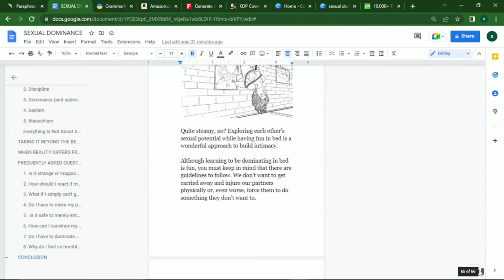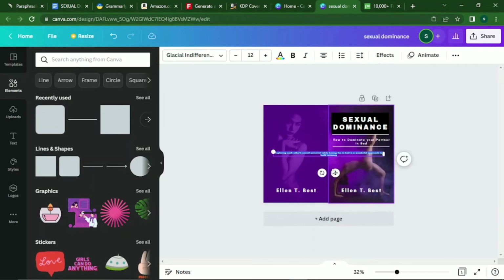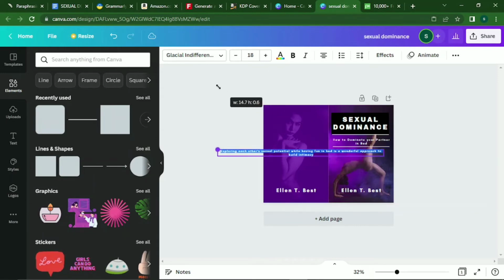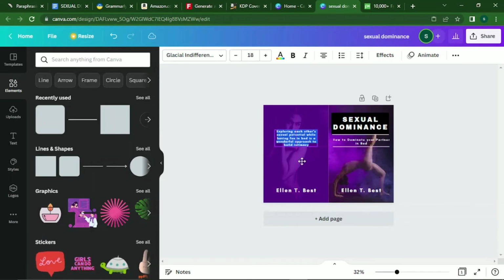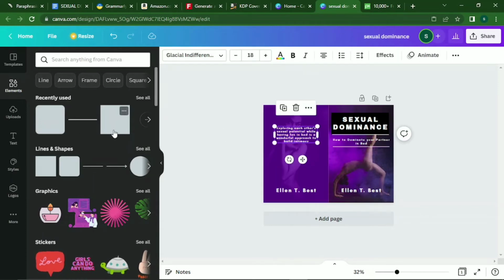So at times I will just come down to conclusion and pick the first, I'll just pick a few words on the first paragraph and add it to the back page. So here now, so this way you see, it won't be much. I don't want too many words on it, so I'll just pick a little of it and just add it to the back here, and then I would add this background to it